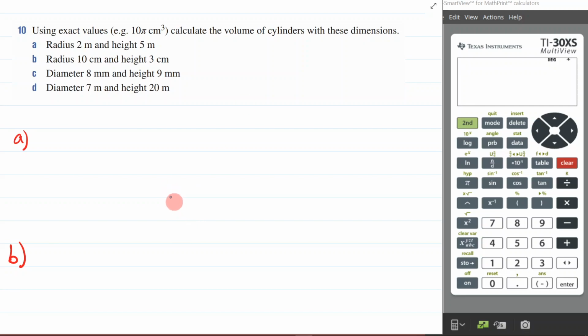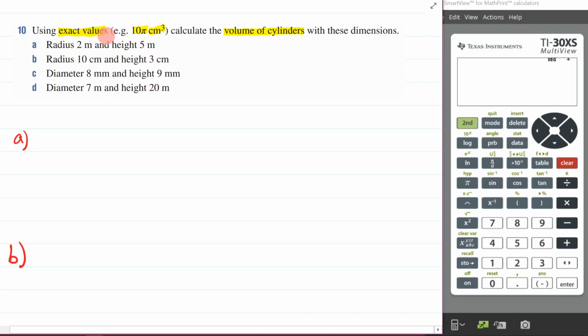Welcome. So in this video, we're going to be working through question 10 here. Let us read through it. It says, using exact values, e.g. 10 pi centimeters cubed, calculate the volume of cylinders with these dimensions. Let's launch straight into this problem, and as we go through it, you'll see what it means when it says